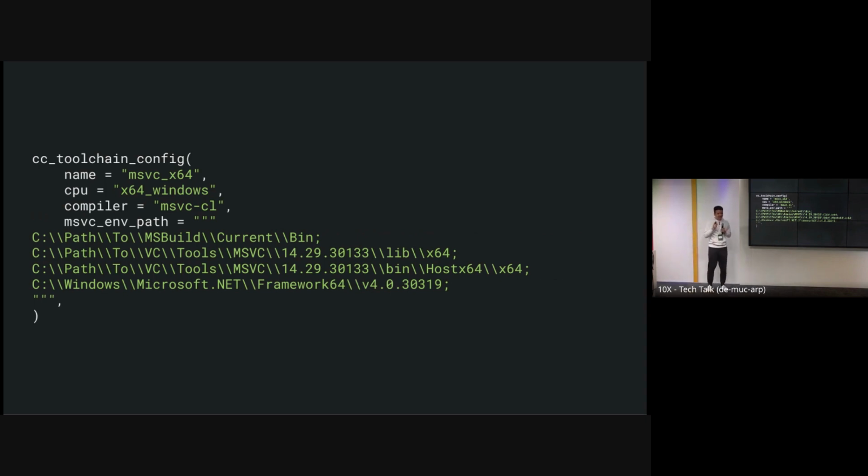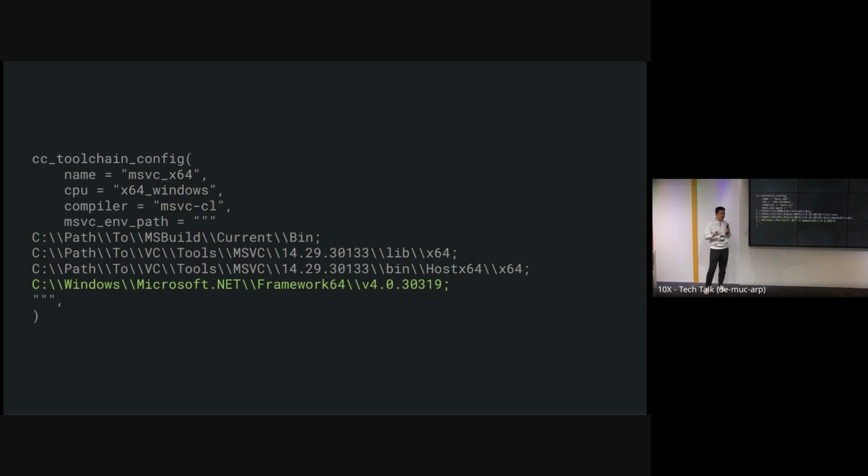But even after that, we found that some developers still failed to share the remote cache from other developers. It turns out the values returned by the script are based on which components of Visual Studio you installed. So, for example, this developer also installed the .NET SDK, and the path related to the .NET SDK is also in the path, which is